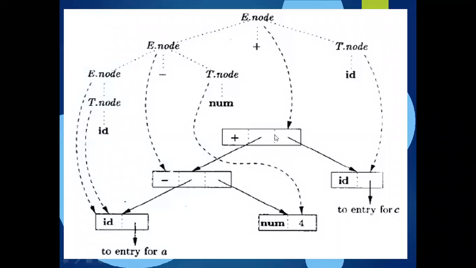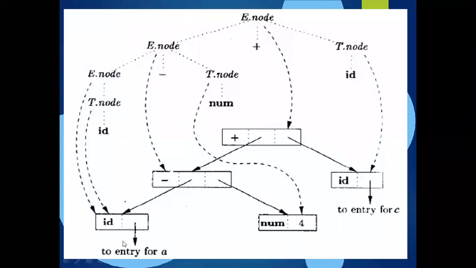That means only with the representation of the operators and the operands we need to represent the syntax tree. With the operators, this is a directed graph showing the dependency. No need to follow all these dotted representations. This is an actual tree representation, an actual parse tree representation. From that we are representing a syntax tree, and my syntax tree consists of only the operators and the operands, where the operators are the internal nodes and the operands are the external nodes.